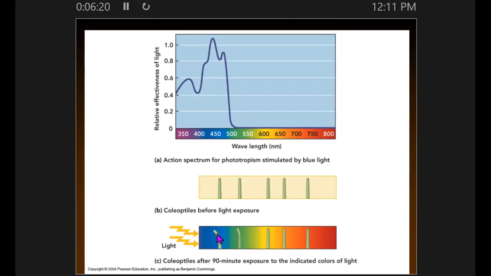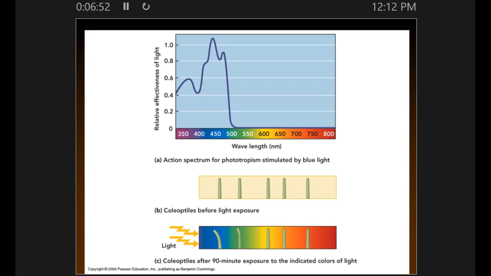And it really only worked with blue quality light. If they didn't have blue quality, just had red, for example, the plant just didn't respond to that unidirectional light and did not do the phototropism. So they've been playing with this now moving forward. This was discovered quite a while ago, but they've been looking at this for all kinds of plant behavior, like what qualities of the sun, what light energy are they really using in order to assess what's going on and